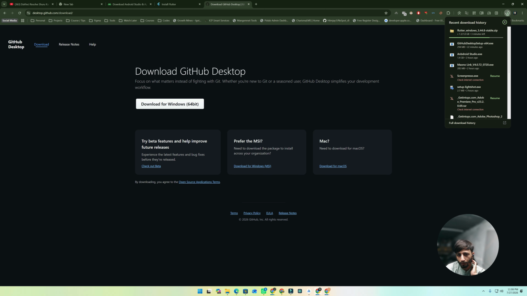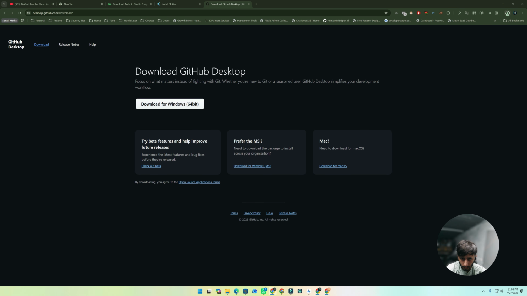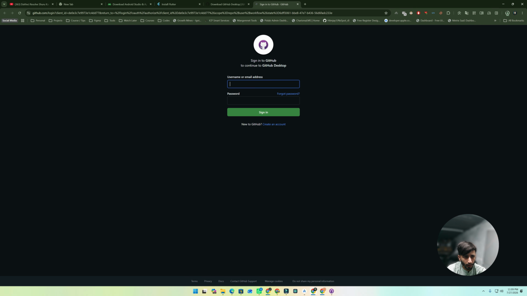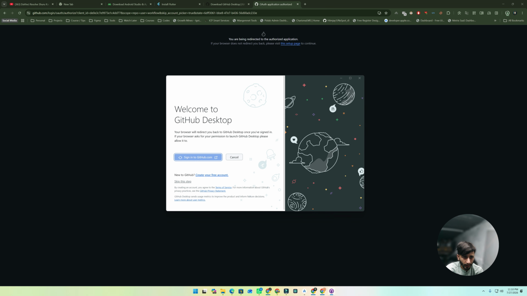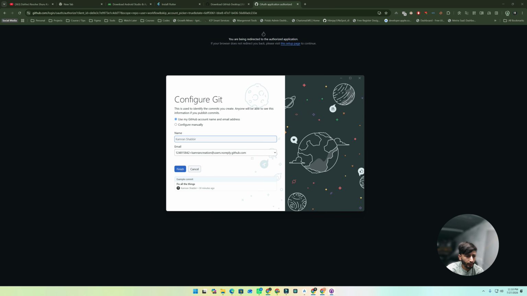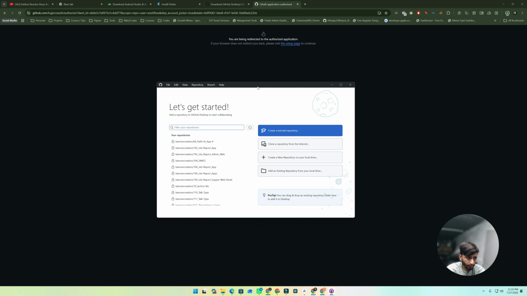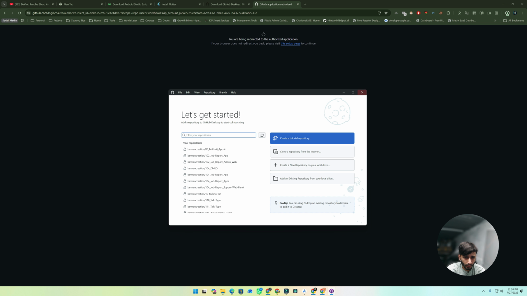So we have GitHub downloaded perfectly. Let us install it. After opening GitHub, it will be installed automatically. Then here you have to sign in with your GitHub account and complete the sign in. After authorizing GitHub, you will see a pop-up to open the desktop app. After clicking on that, it will redirect. So this is my email. I will click, and here my GitHub has also been successfully installed.